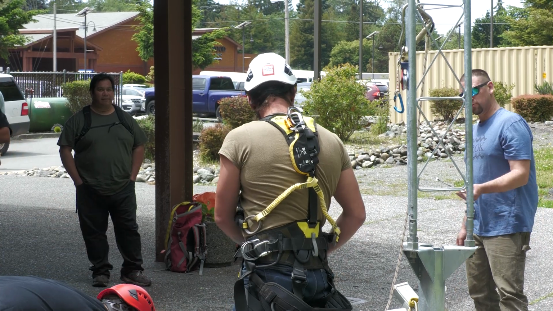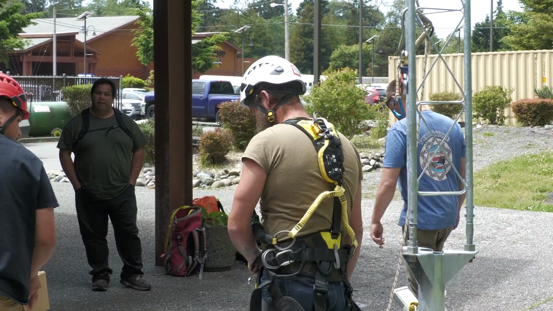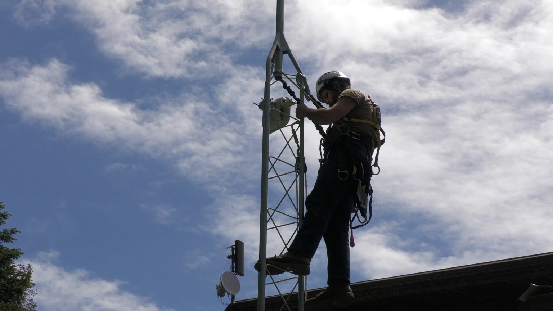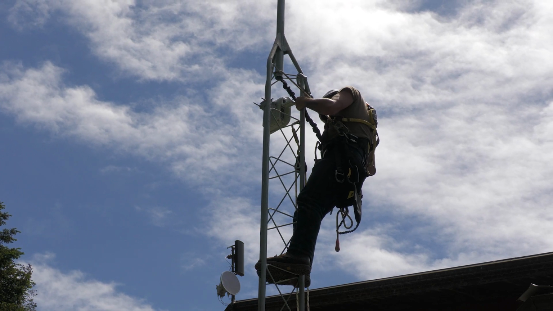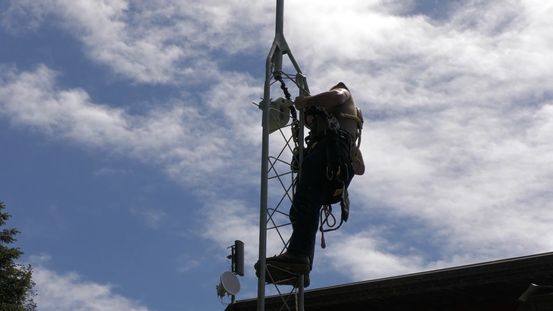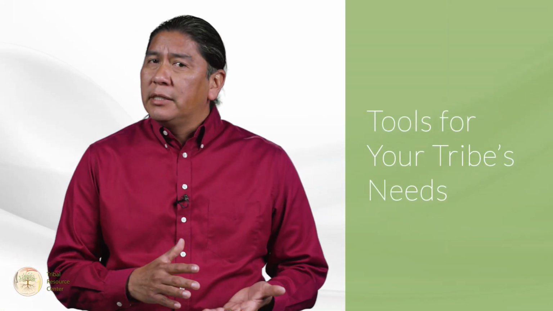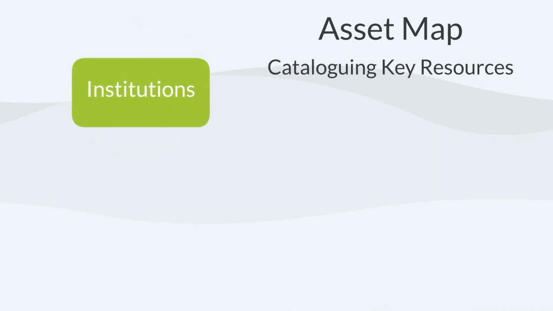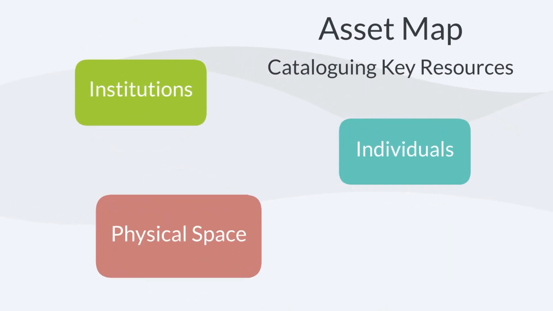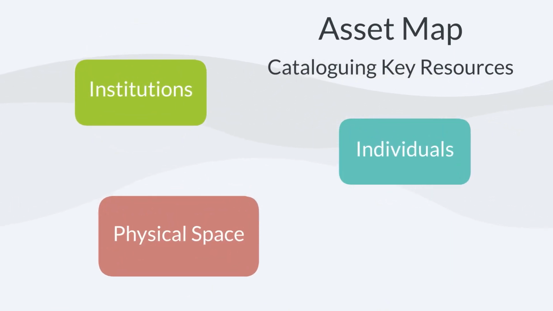In this video, we will discuss tools you can use to address and organize your tribe's needs. We will also go over the role of a digital leader and the infrastructure required for broadband. If your community has specific problems, perhaps these problems can be linked to your community assets in an asset map. This is one way to frame an issue that affects your community. Look at a problem and then see what your group can bring together to address it.